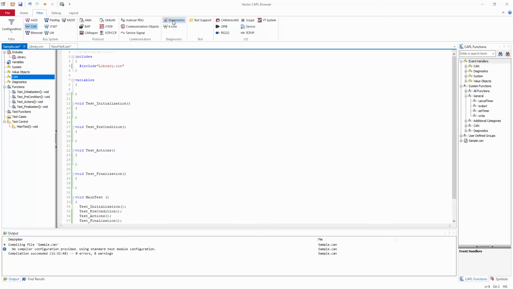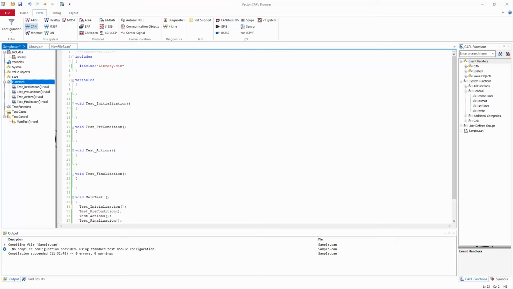If I select diagnostics here, you will get diagnostic specific event handlers, and a lot of diagnostic request and response commands listed here, so that you can make use of these commands if you're performing any diagnostic specific coding. Now I'm deselecting that, and then we have some test support, and some IO specific filters.